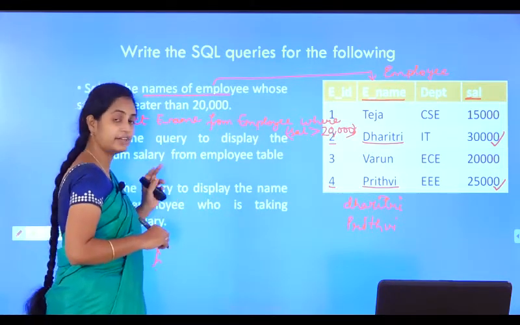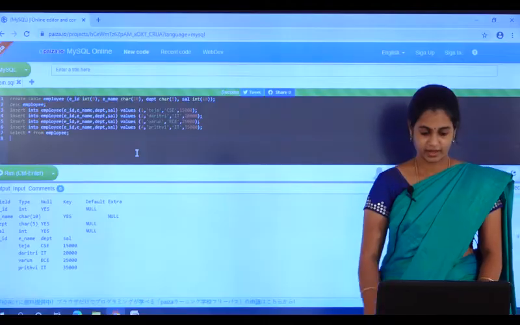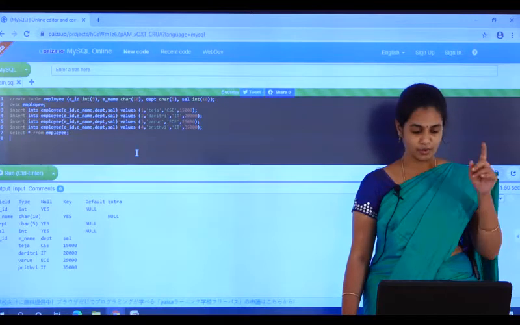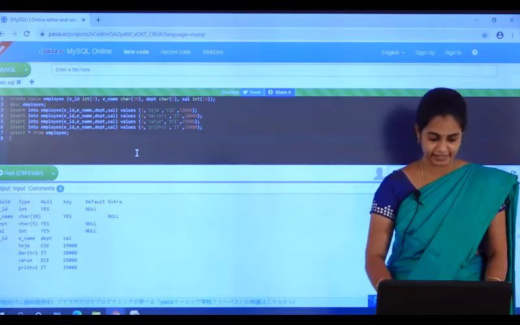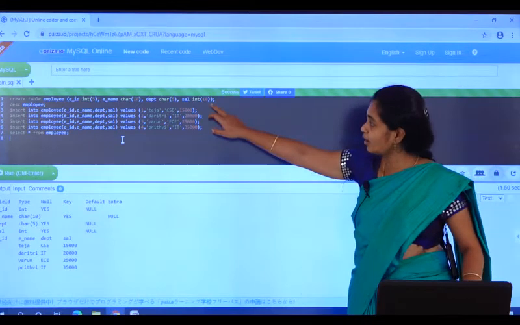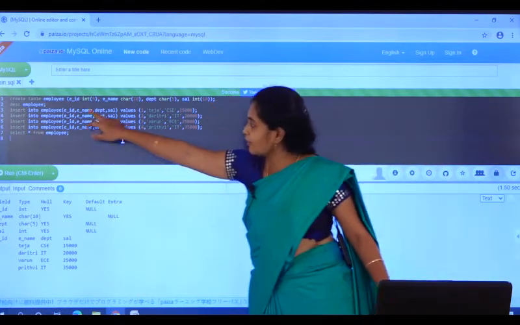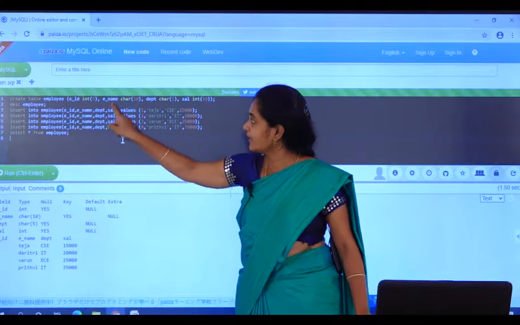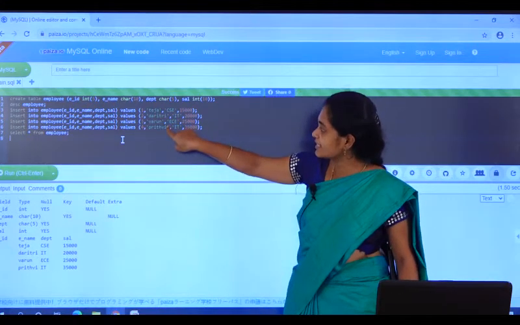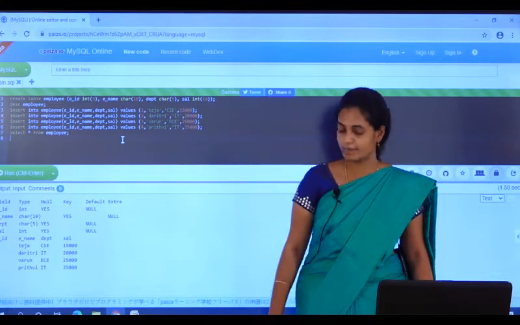Fine. So now we will see the execution. What is the query here? We need to find those employees whose salary is greater than 20,000. Here I have created a table of employee with the following attributes: employee ID, employee name, department and salary, and we have inserted the values into the database also.